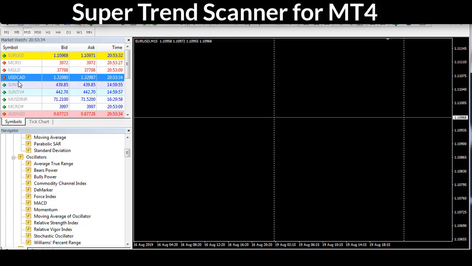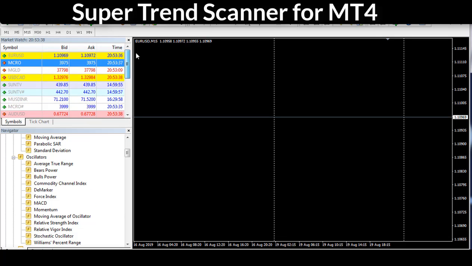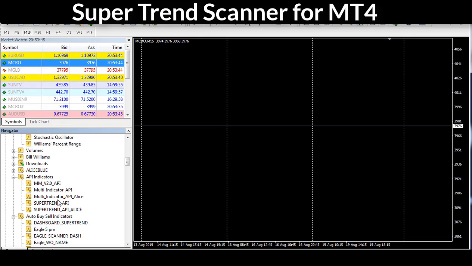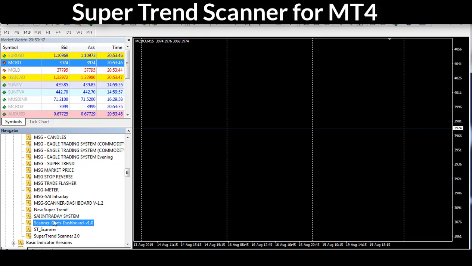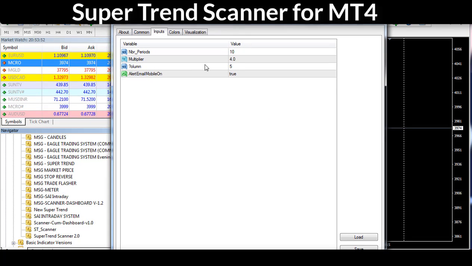First of all, I'm going to remove this indicator. Now this is the chart window where you can see that I have added a lump sum of 20 symbols. I need to open any chart and then apply the indicator. So this is the dashboard scanner indicator which I am going to apply. Now I am going to the inputs. Here in the inputs you can see that there is a column option. In that you can choose any number of columns, 5, 4, 3, 2, 1. Whatever column number you select, you will see that many columns on the chart screen.